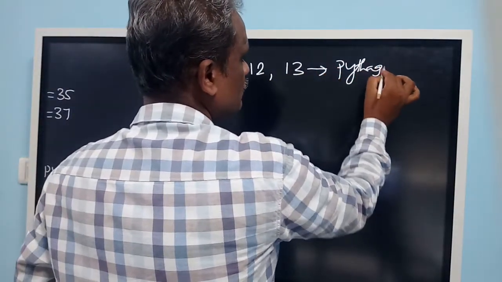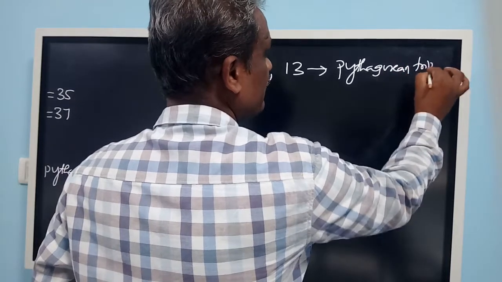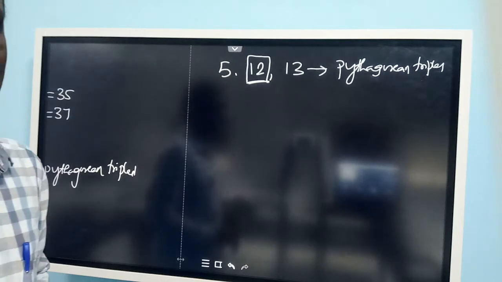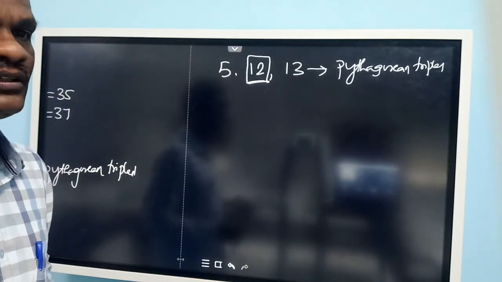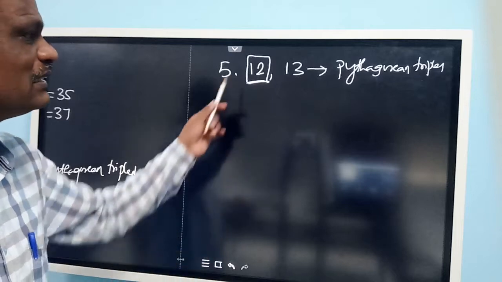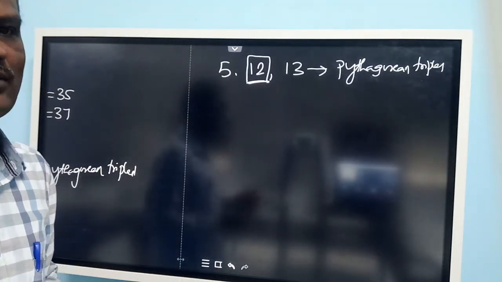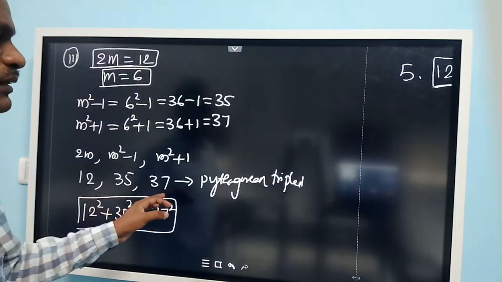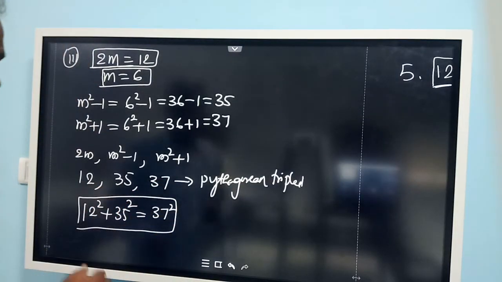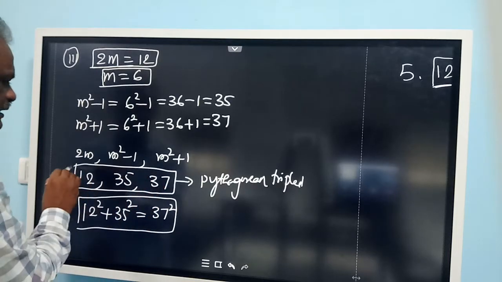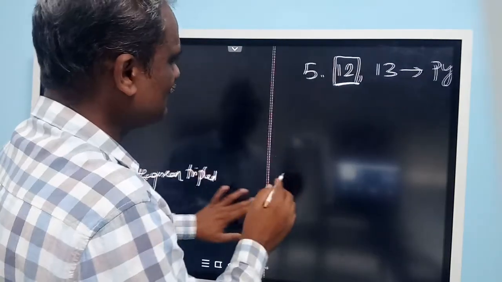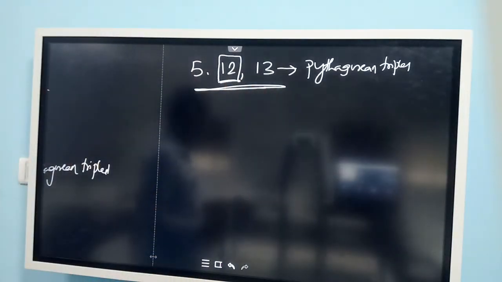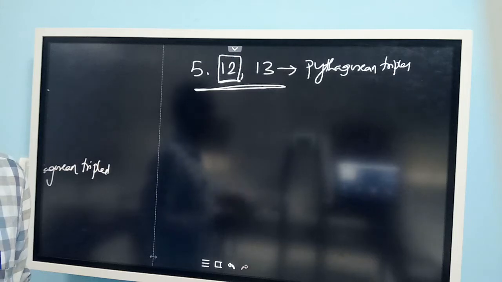So here also we have 12 as a number, but we did not get it by that method. You will not get all the Pythagorean triplets containing 12 as a side using the same method. You will get only one set of numbers containing 12 as a member. 12, 35, 37 is a Pythagorean triplet, and 5, 12, 13 is also a Pythagorean triplet, but you are not getting this one. It is not possible to get all the triplets using the same rule.